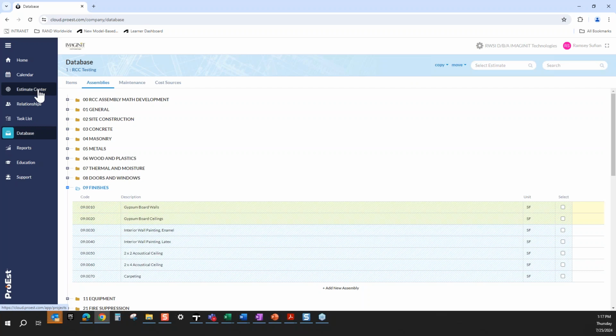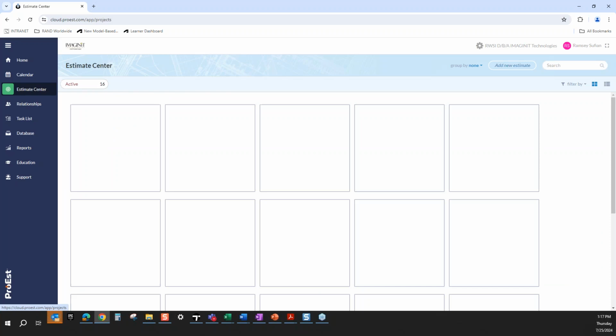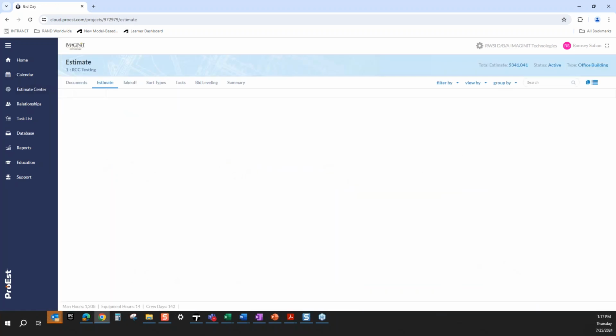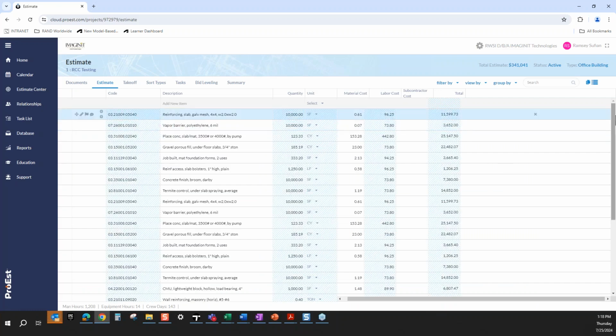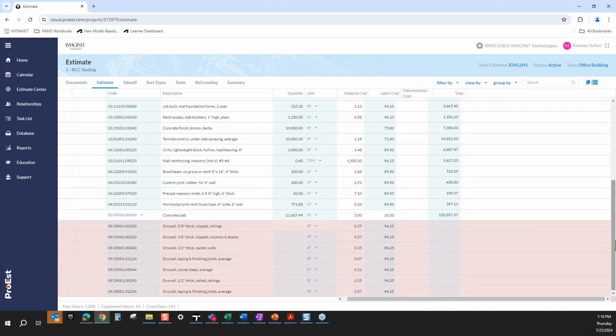All right, so now let's go ahead and navigate to our estimate center and back into our estimate. All right, so now you'll see these new items have been added pretty much instantly from the database page there. The reason why these are highlighted red right now is because we don't have a quantity, but we do have a unit cost. We just need to input that quantity. Now, there's a multitude of ways of adding the quantity, and I showed you that you can go ahead and enter it here. So maybe you have 1,000 linear foot like that,